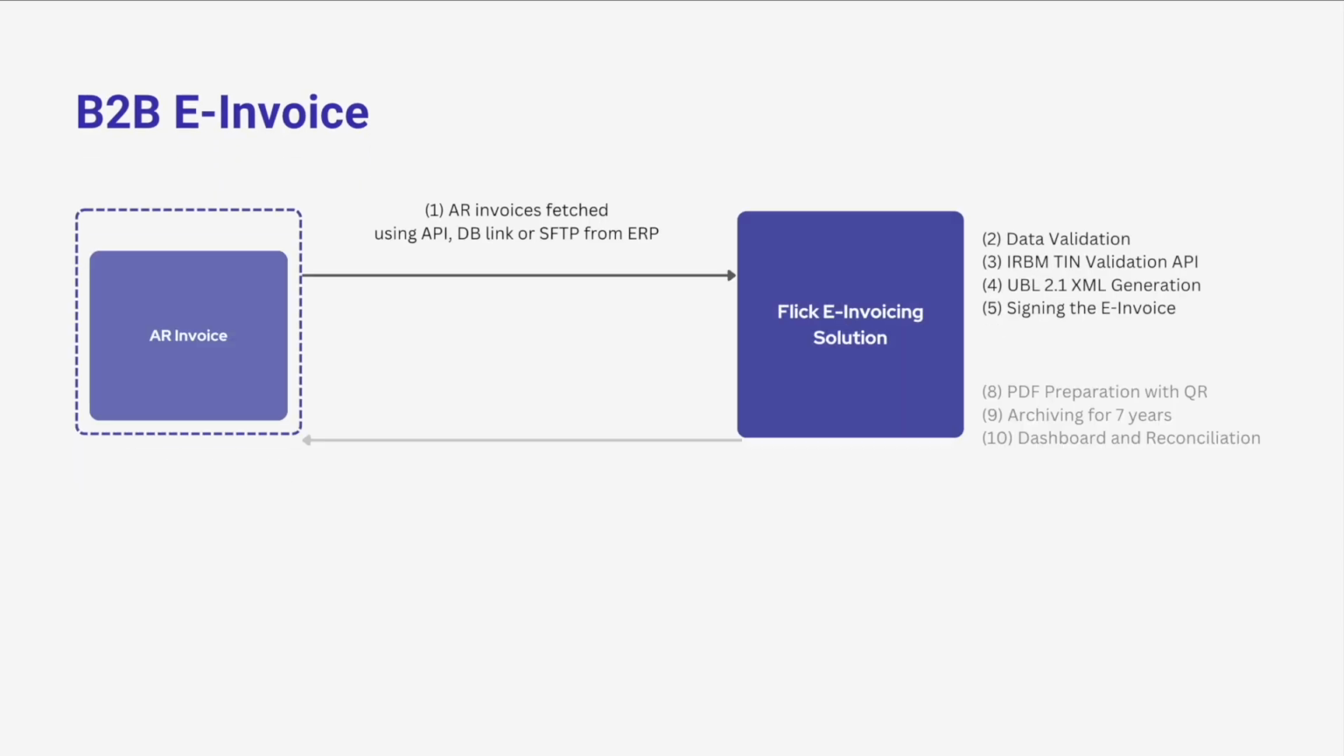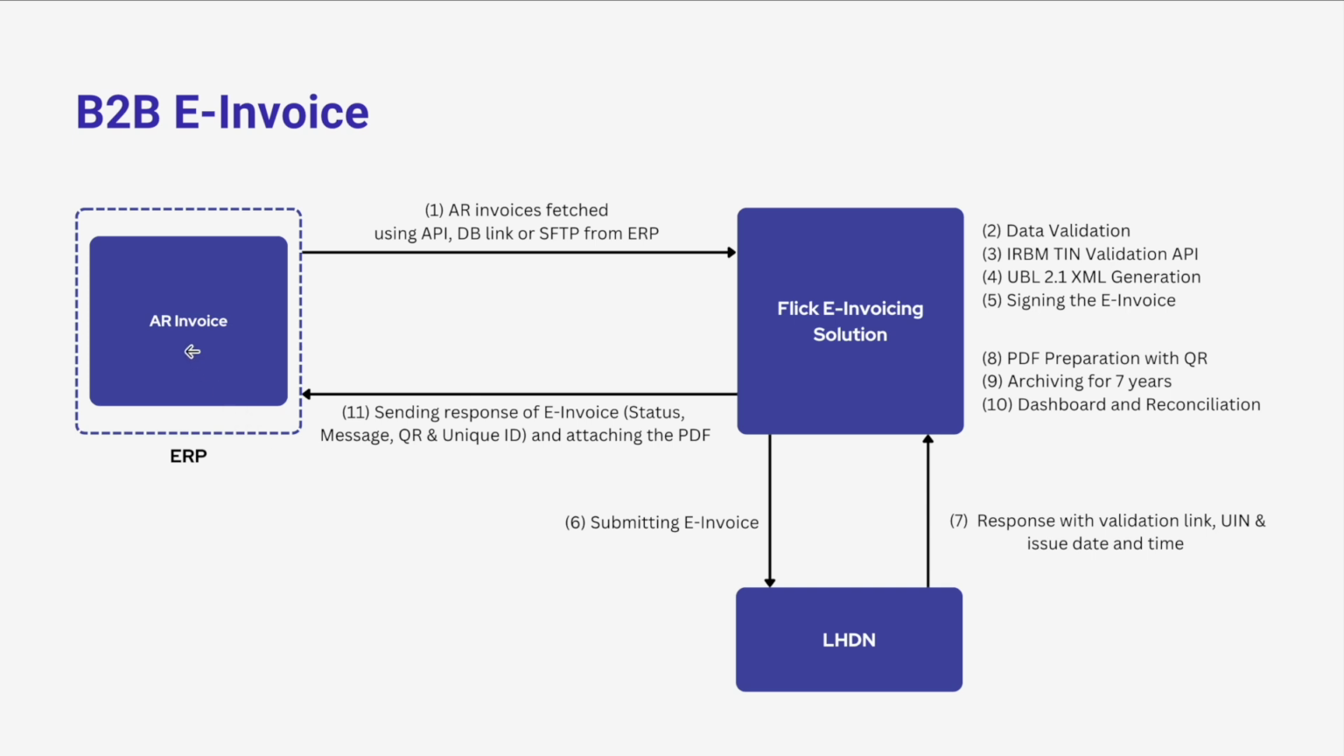Let's first dive into how a B2B or B2G transaction is integrated from your ERP to LHDN. From your AR invoice module, we'll be fetching the data to our solution using APIs, DB link, or SFTP. Once we fetch the data, it would be validated, and after validation, we'll be sending your customer's TIN number to the IRBM TIN validation API to verify that. After verification, we'll be generating an XML file which would be signed using your digital certificate that has been issued by LHDN. And after signing, we would submit that invoice to the LHDN portal, and once we receive the